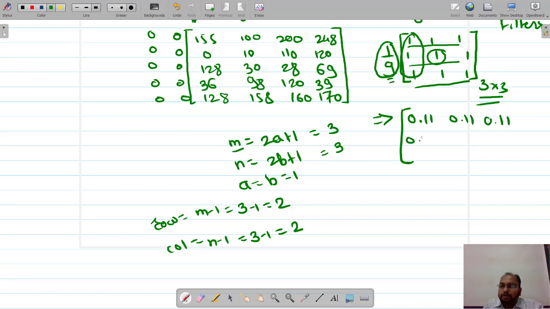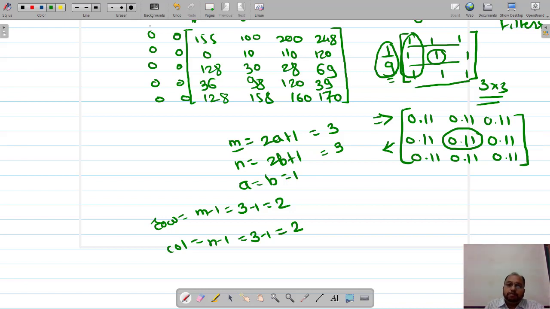This is also 0.11. The rest of all other values are coming as 0.11. That is my weighted averaging filter mask. Now with this filter mask, I am going to perform the filtering on this particular image. Are you getting it?